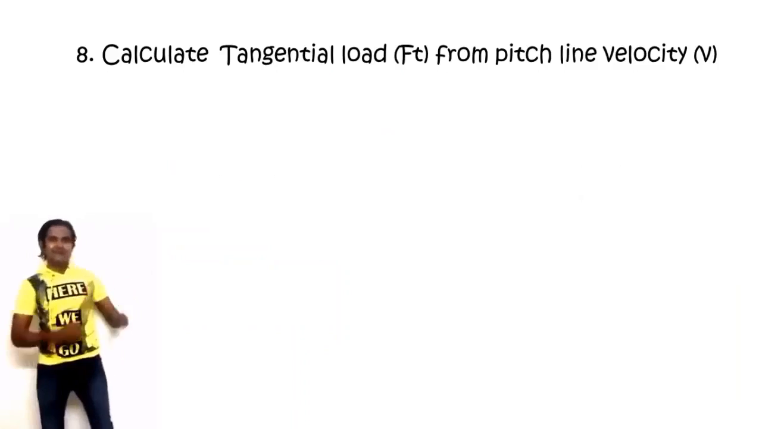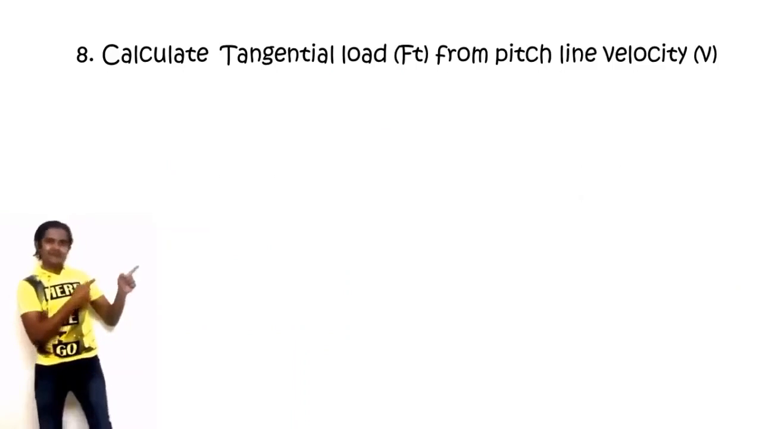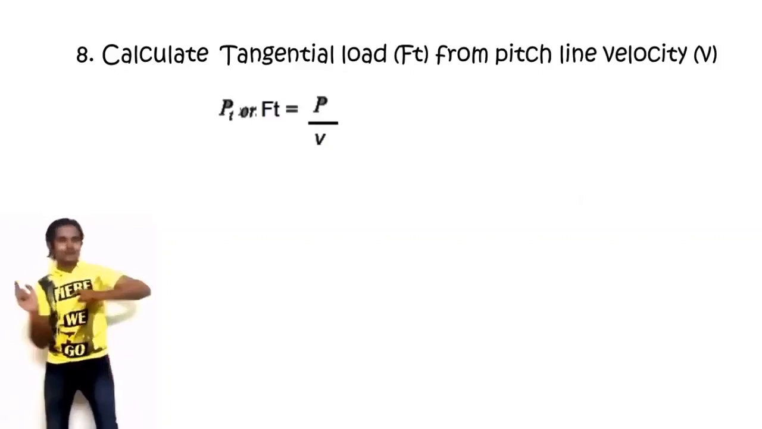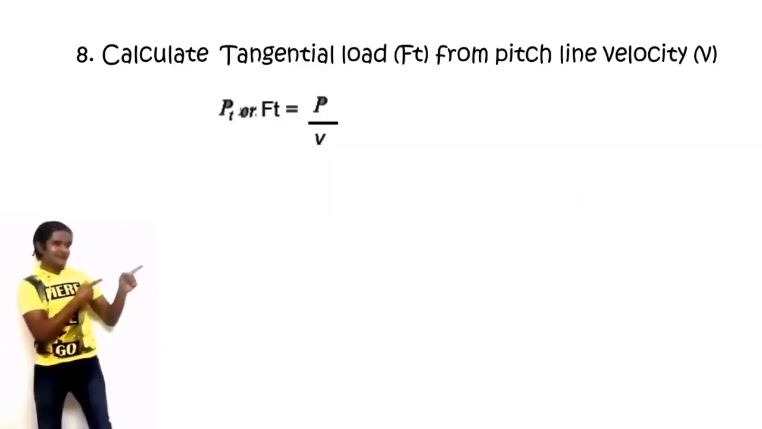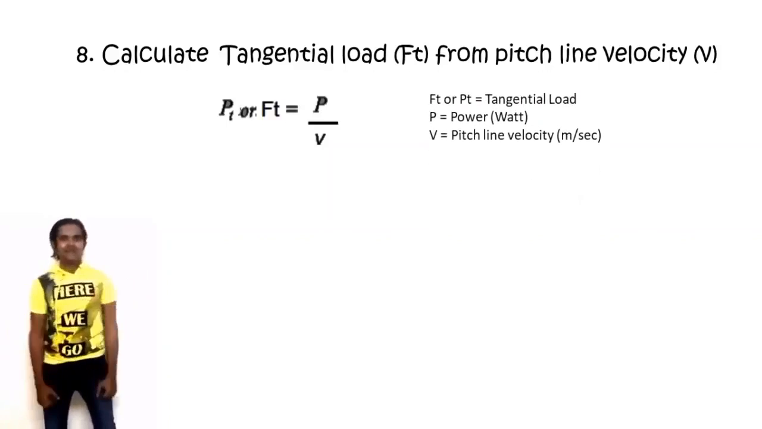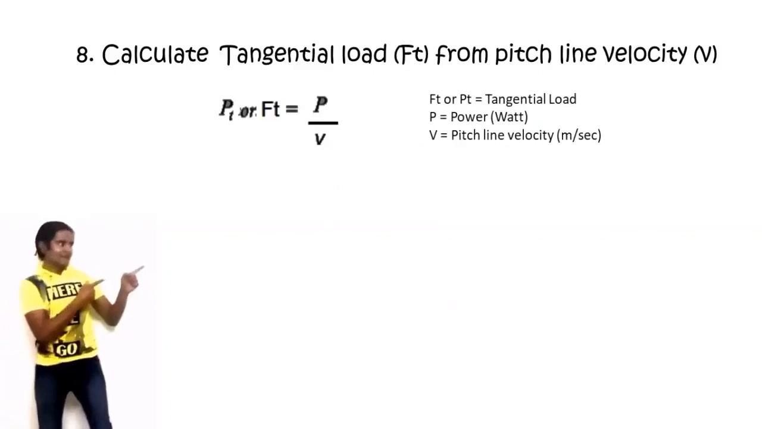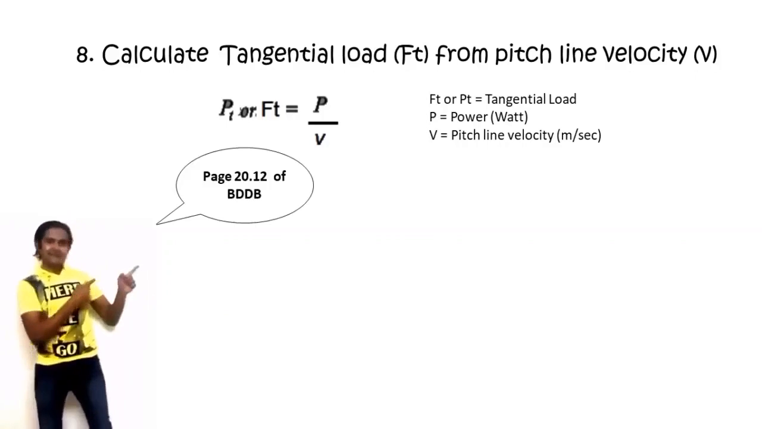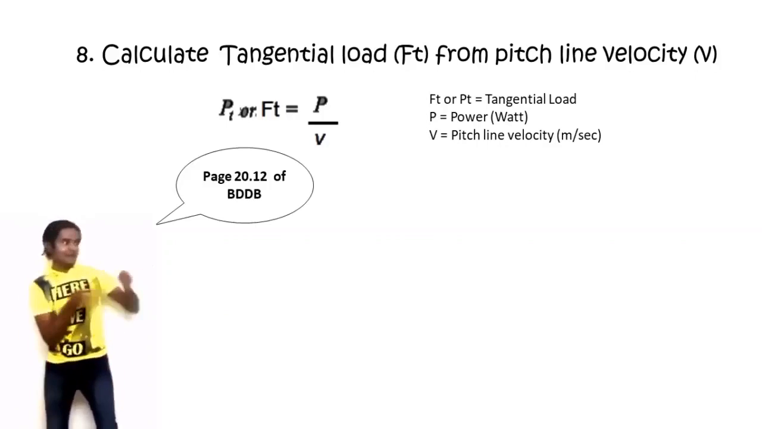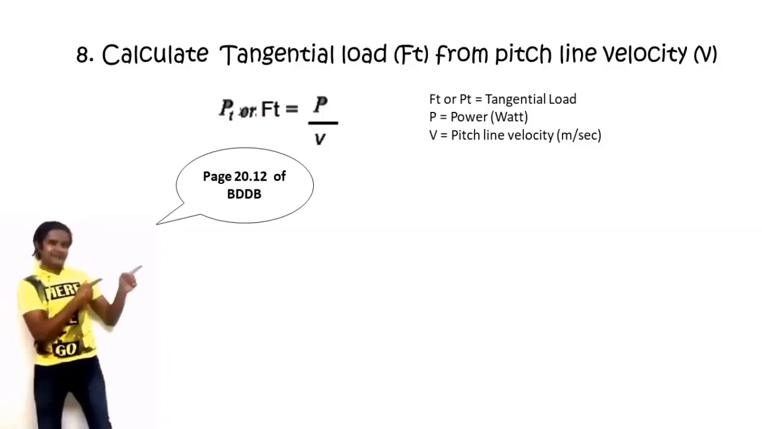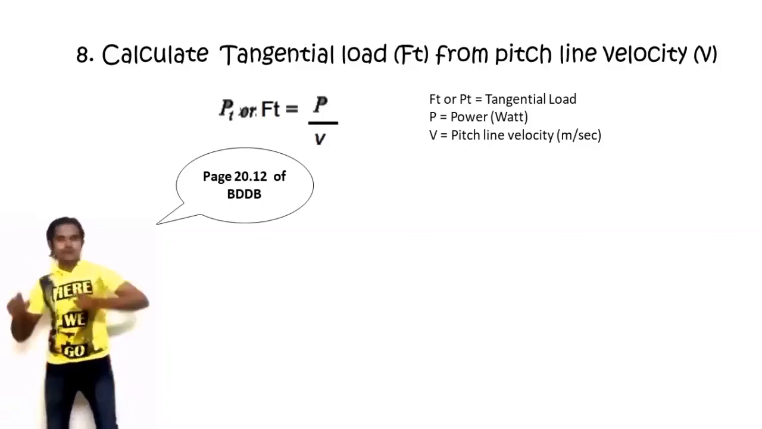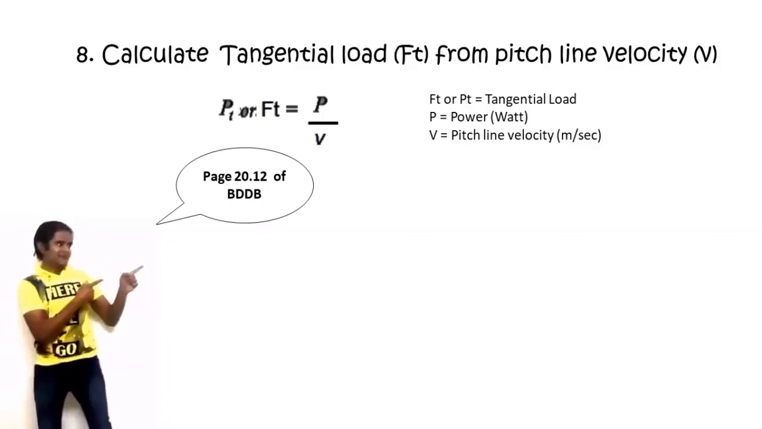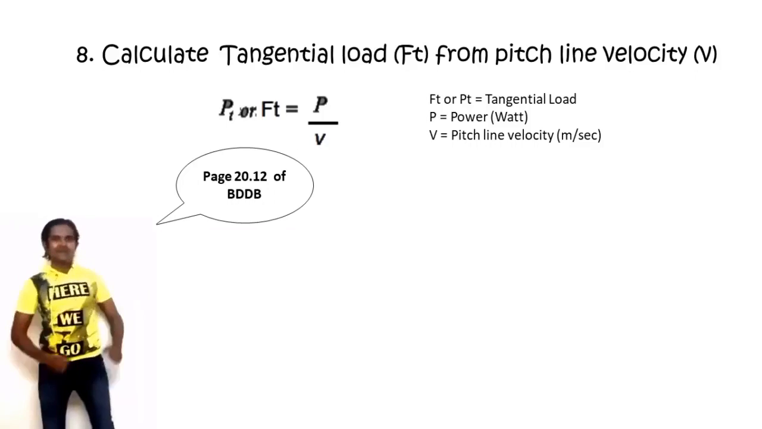Eighth step is to calculate the tangential load Ft. In some books it is referred to as Pt, from the pitch line velocity small v. So Pt or Ft, that is the tangential load, is P upon V, where P is the power and V is the velocity, that is the pitch line velocity. You can find this formula on page 20.12 of the Bhandari design data book. Remember, it is on page number 20.12. You won't be able to find it in the chapter of Spur Gear design. It is on page 20.12 of the Bhandari design data book,